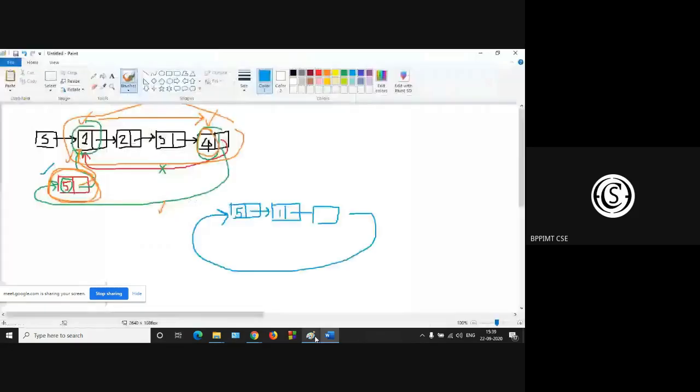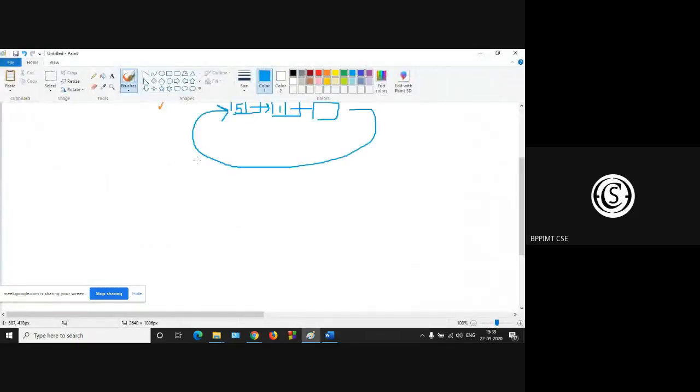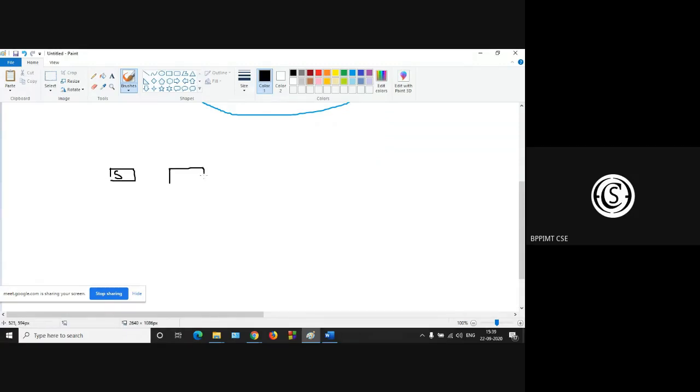One second. Suppose this is the start node, and this is your first node. This is connected with the second node.